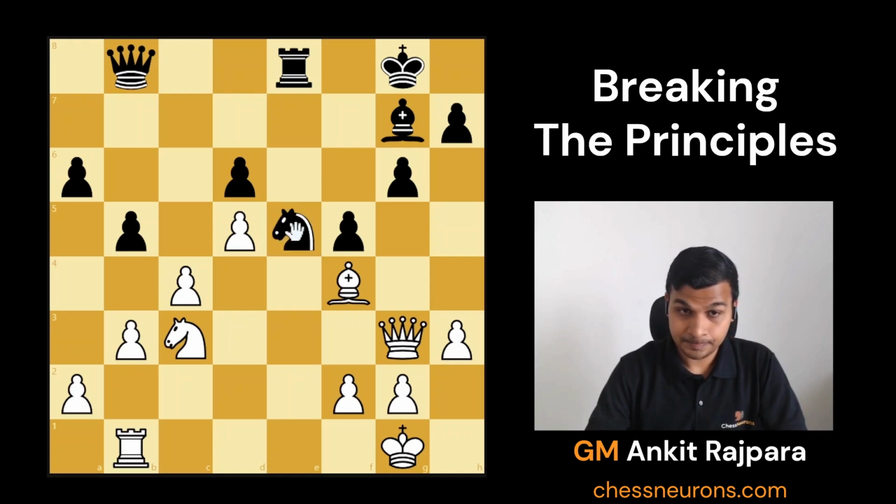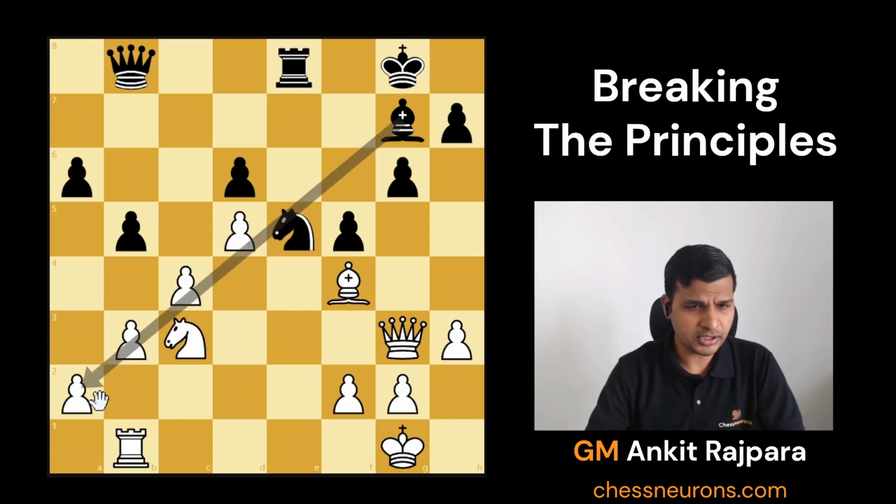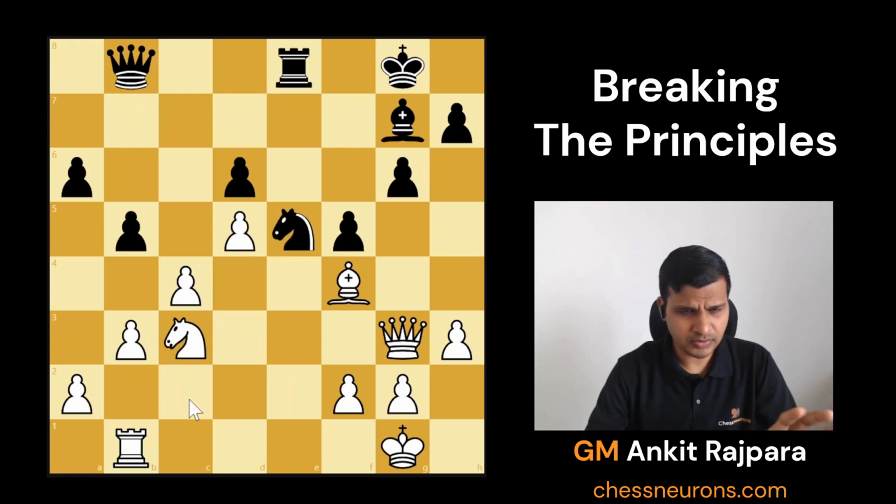black has the knight in the center. There's some pressure on this pawn as well. So we have to be a bit careful. This bishop is also something we have to be a bit careful about. So we can say white is better of course because of the extra pawn, but we have to be a bit careful about how to progress further without giving additional counterplay